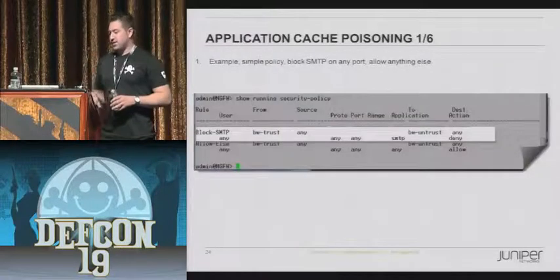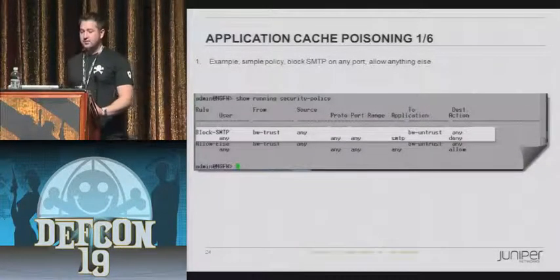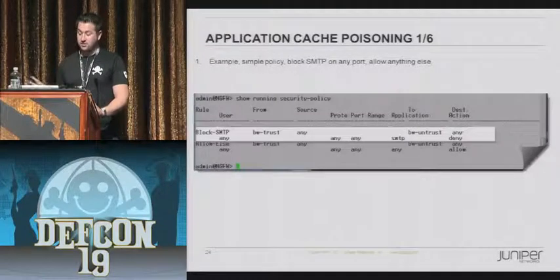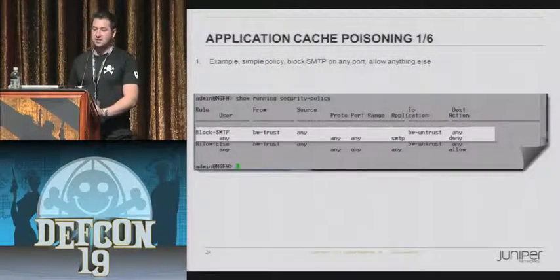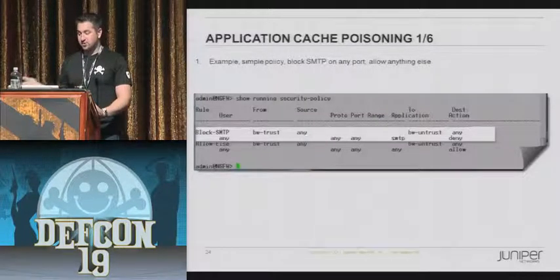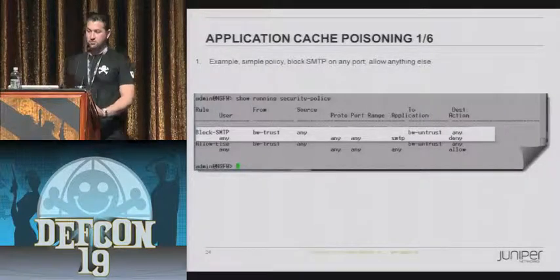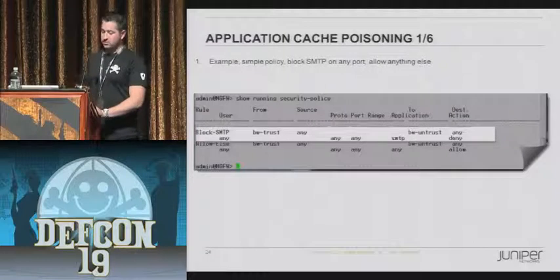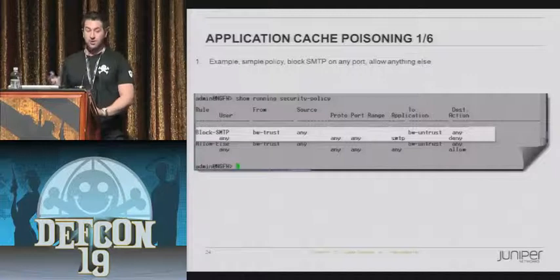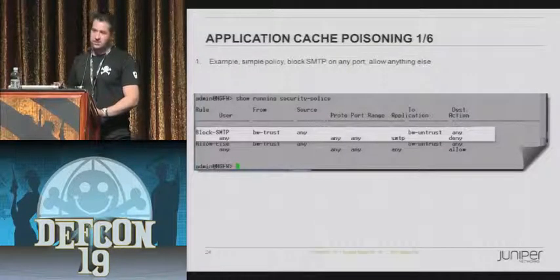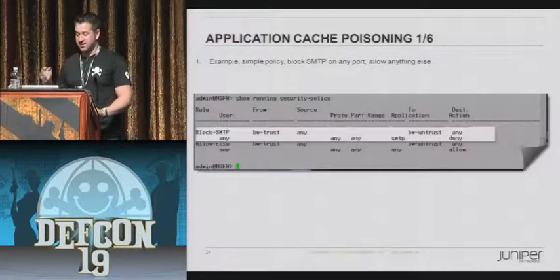So I mentioned application caching. And it's not that application caching is a bad thing at all. Depending on how you're deploying this, it could be perfectly legitimate. Like if you're deploying this in front of a data center that you control to accept inbound connections, typically if you're controlling the actual servers, then it shouldn't be a big deal. Application caching can be used for performance, and also in some other uses of the app ID information, let's say application routing. So making routing decisions, let's say to send the traffic through a proxy or something like that,